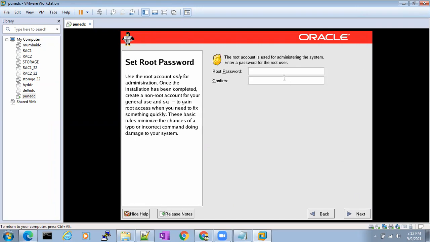Let's click next. Give one password. What is this password? Simple. Windows is an operating system, and Linux is one operating system. For your Windows laptop, if you give a password, whenever you want to log in it keeps asking for the password, and only then will it allow you to log in. In the same way, to log into the Linux operating system, we need to give the root password, meaning the Linux administrator password. We'll give welcome, W-E-L-C-O-M-E. Please make sure you are using lowercase, small letters.